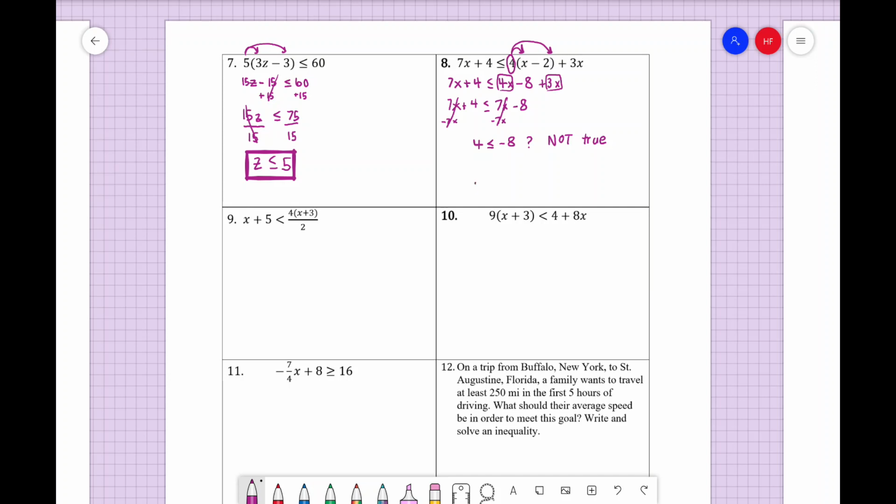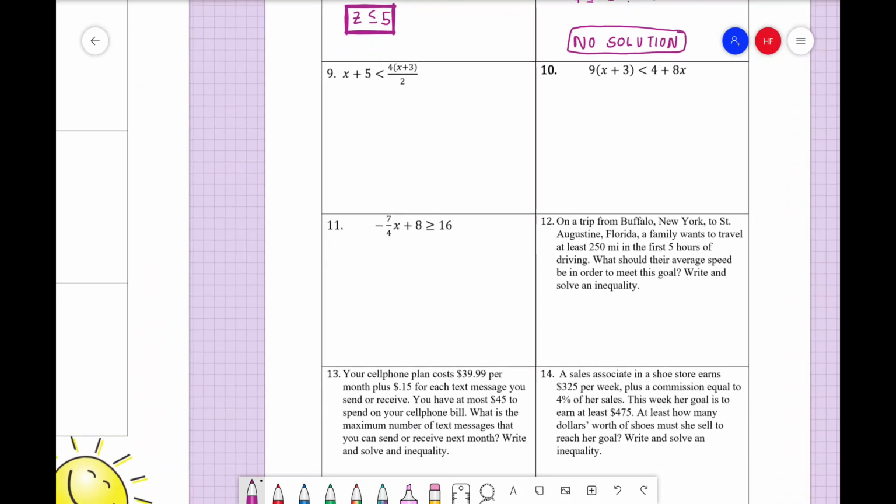So whenever we have a statement that is not true, then we say this has no solution, meaning there's no number that I could plug in there that would make that work. So then on number 9, with x plus 5 less than 4 times x plus 3 divided by 2,